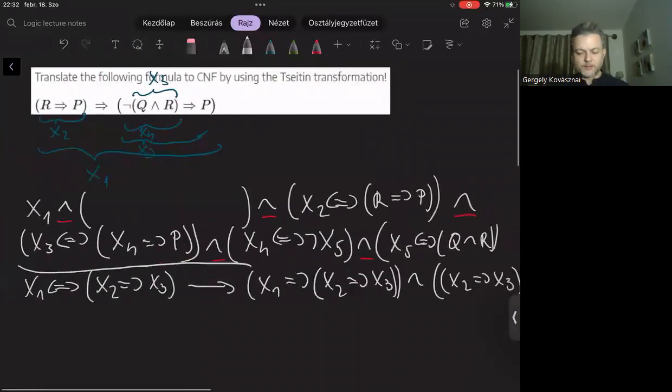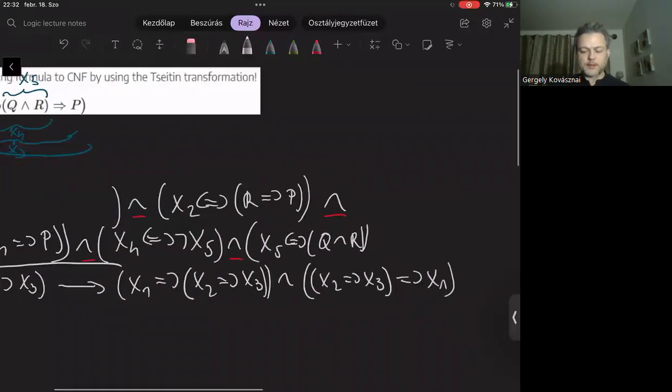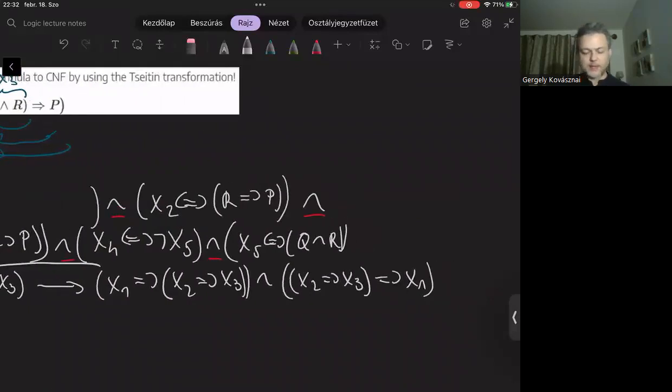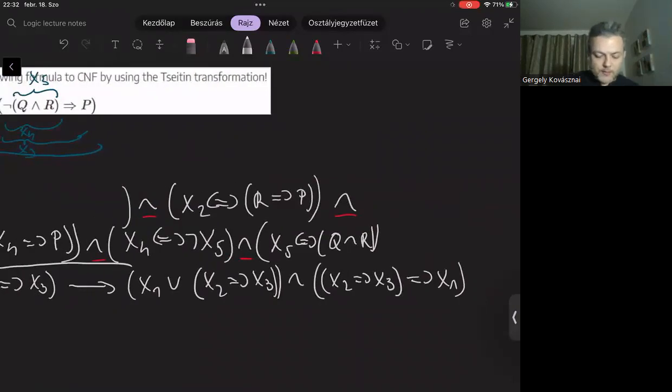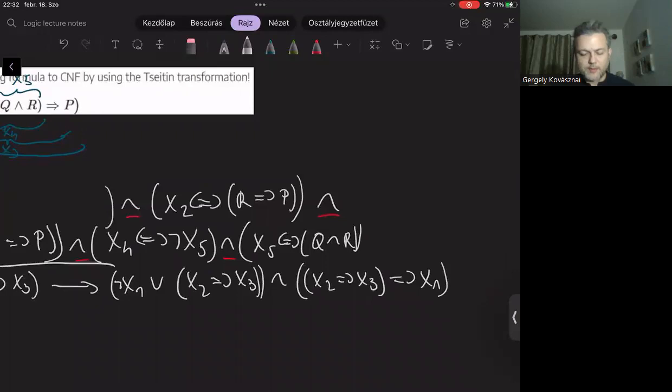Okay, so of course, this is not the final CNF because we need to eliminate implications as well. Well, this is not that difficult. We just need to substitute the implication by disjunction, and of course we have to negate the left-hand side of it.